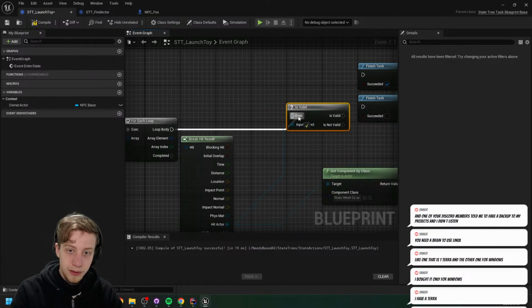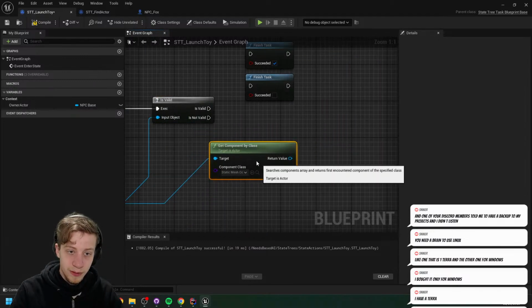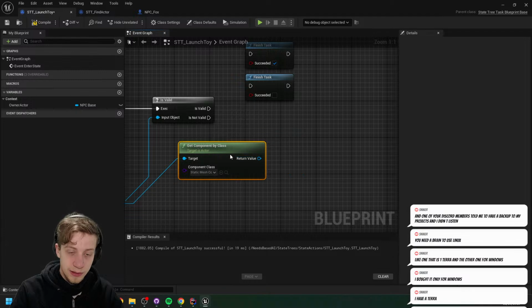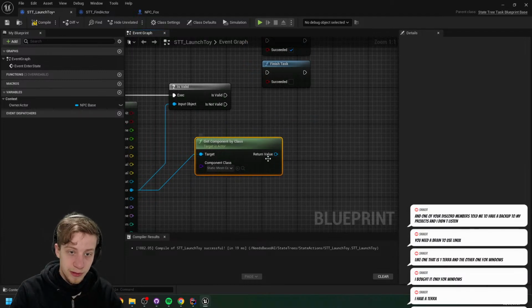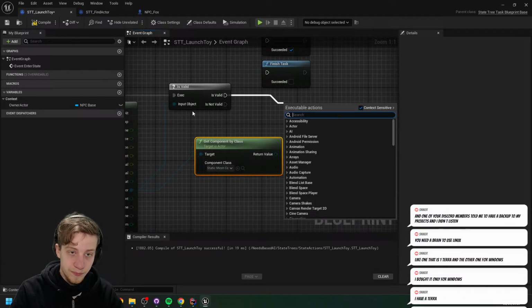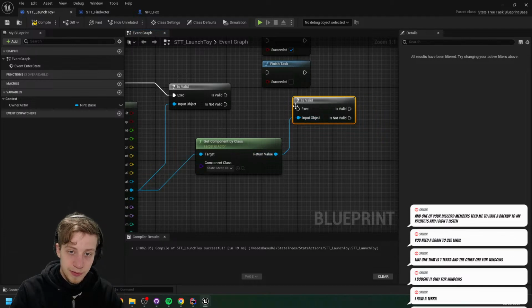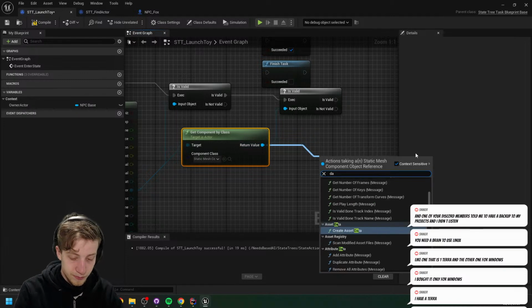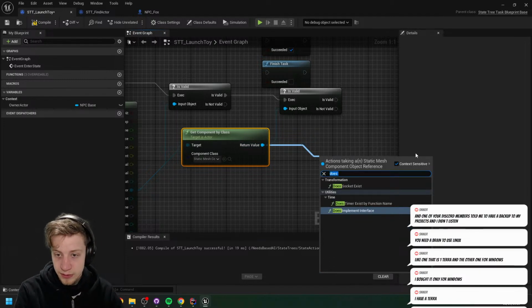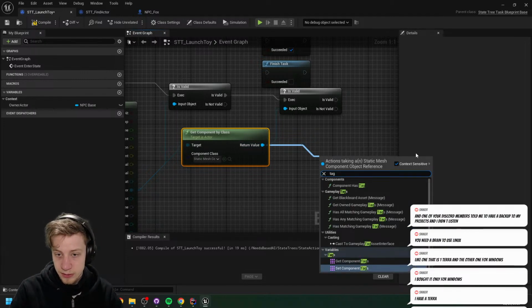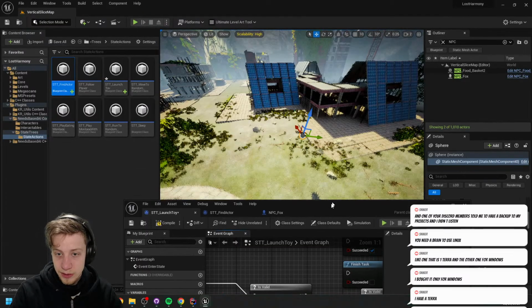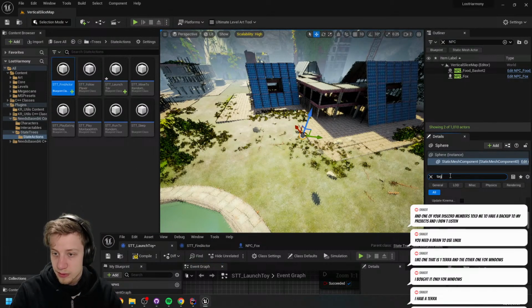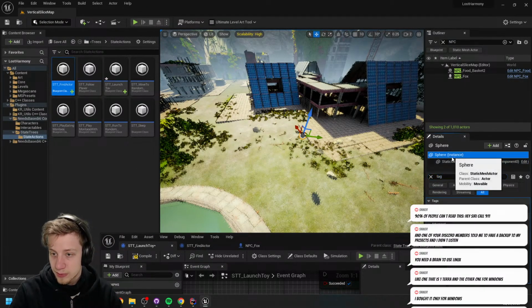And if we know that this thing hit anything, now we're going to have to check a bunch of things. We want to know if it has this class. If it does have this class indeed, then we want to check the tag. Component has tag, and that's actually probably a better idea. Let's implement the tag specifically on the component.